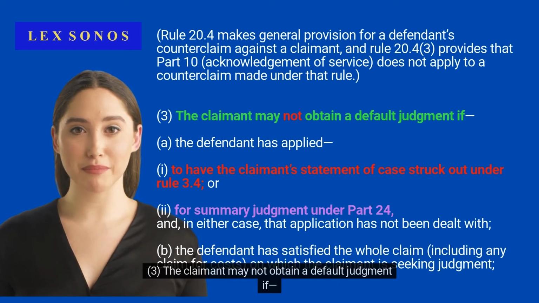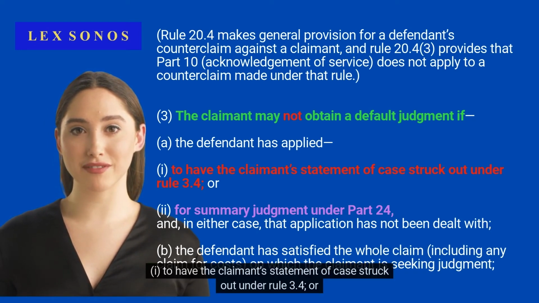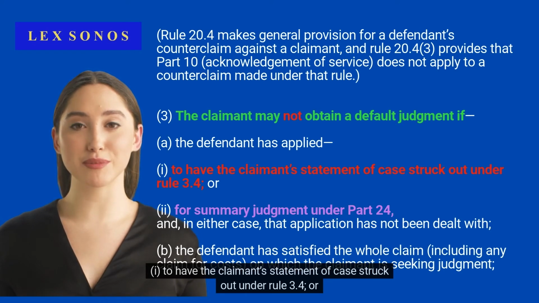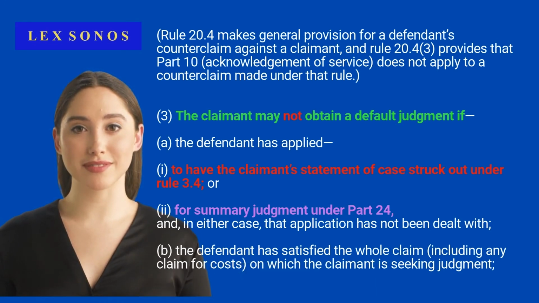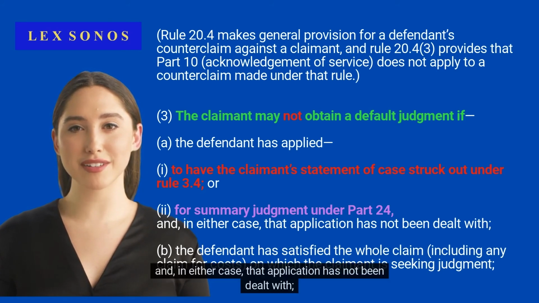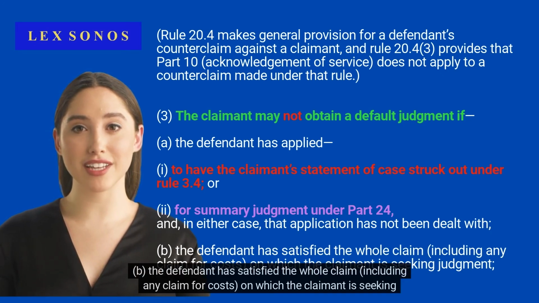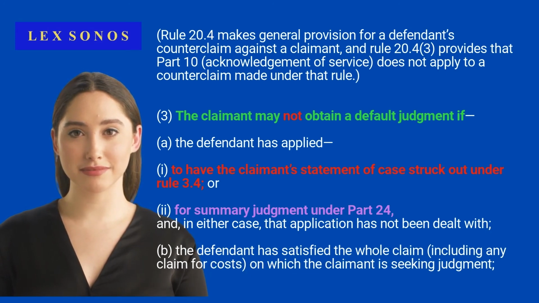3. The claimant may not obtain a default judgment if (a) the defendant has applied to have the claimant's statement of case struck out under Rule 3.4, or for summary judgment under Part 24, and in either case, that application has not been dealt with, (b) the defendant has satisfied the whole claim, including any claim for costs, on which the claimant is seeking judgment,